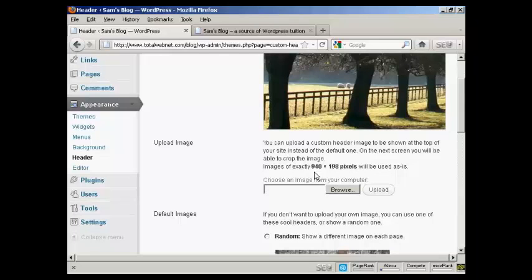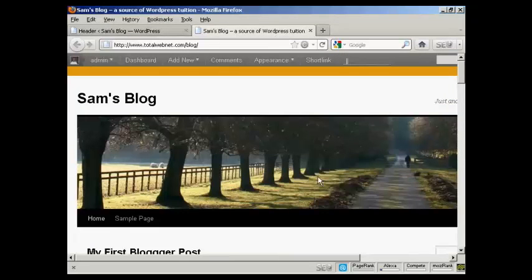Now if you decide to upload an image, it must be exactly 940 by 198 pixels. Otherwise it will crop it if it's larger, or it could be a bit distorted if it's smaller. Now if you're not sure exactly how to do that, what I would suggest you do is you come here to the actual blog page itself, and if you're going to be using Photoshop or something similar that enables you